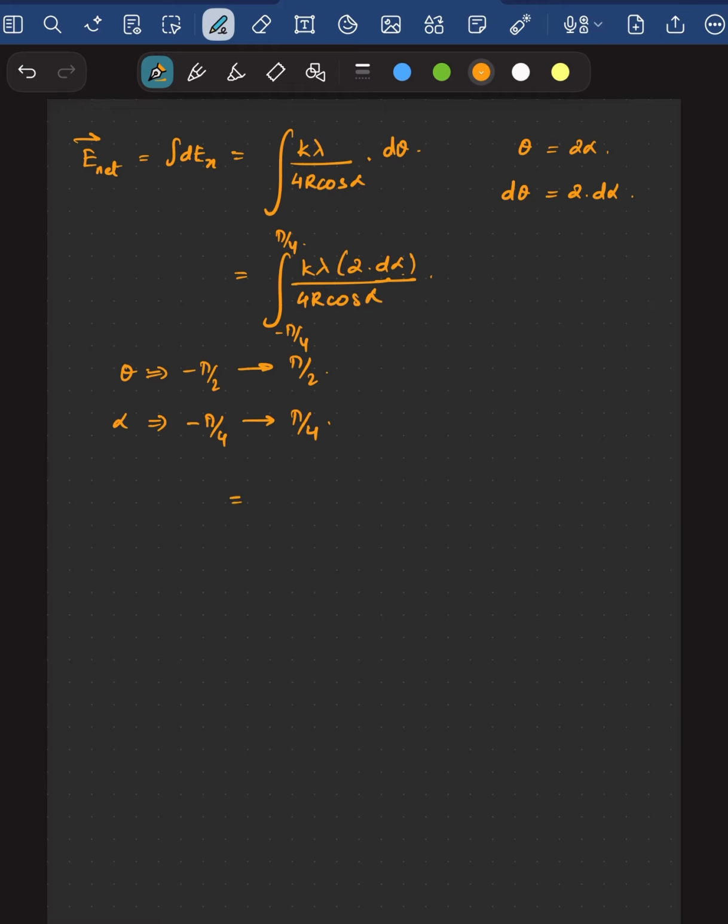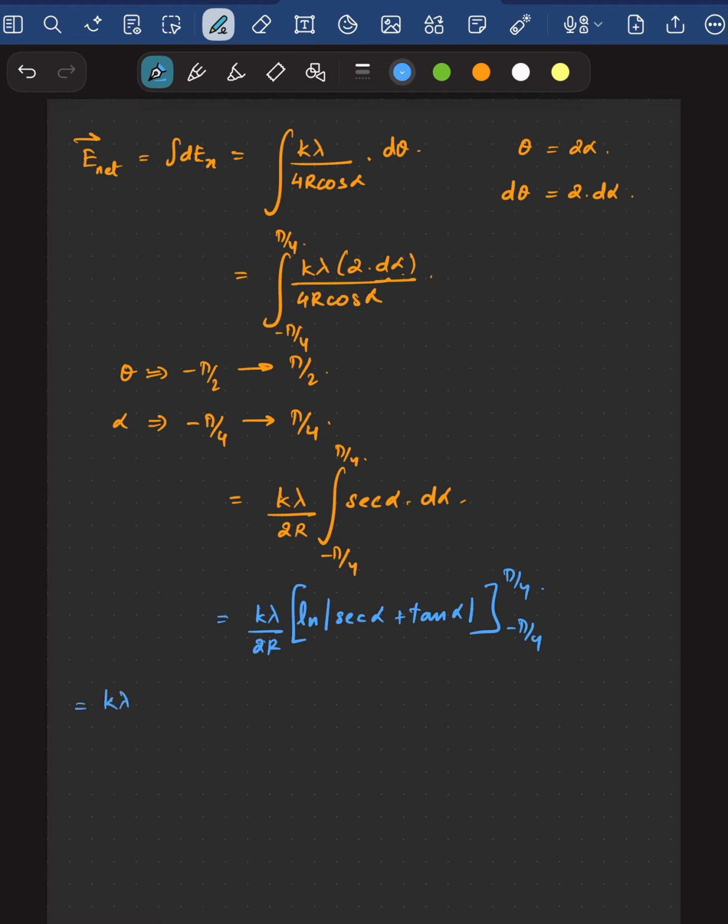Taking the constants outside, which is 2k lambda by 4r, which becomes k lambda by 2r. What we are left with is the integral of secant alpha d alpha, with limits from minus pi by 4 to plus pi by 4. This is a straightforward formula: the integral of secant alpha d alpha is log of secant alpha plus tan alpha, with limits from minus pi by 4 to plus pi by 4. So substituting the upper limit and lower limit, we'll get k lambda by 2r